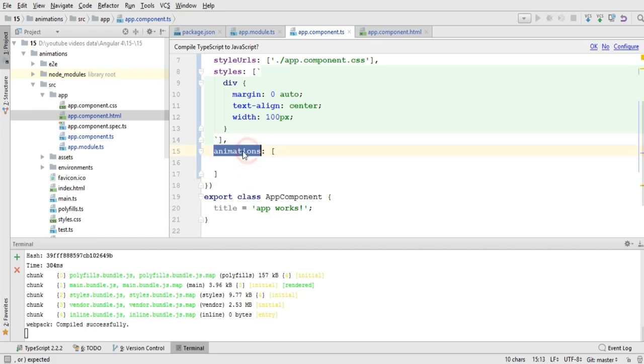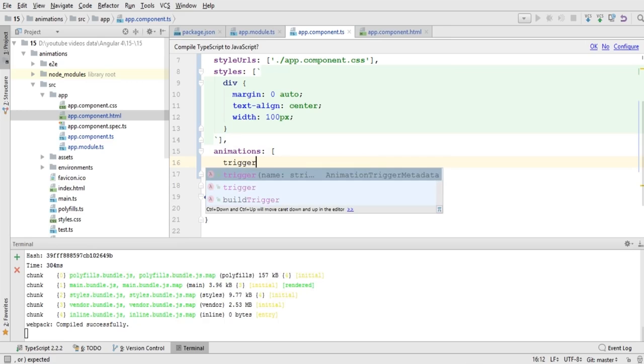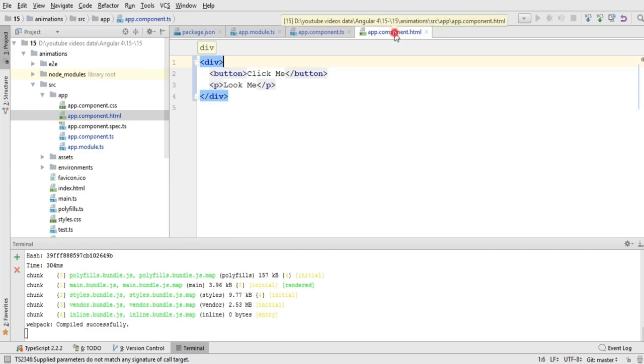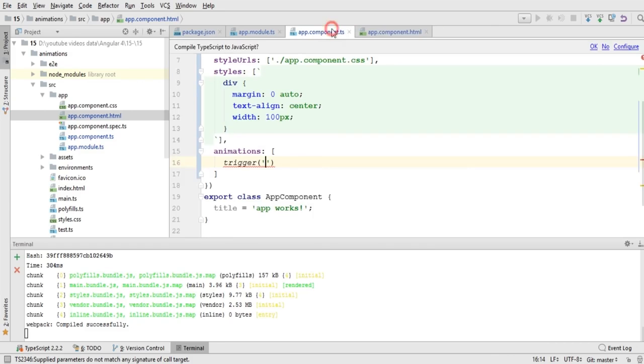Okay, so make sure you write the same spelling, and inside it I'm going to write trigger and the name of my trigger. The name should be meaningful because this will be used for applying this trigger on this button element or any other input element. Okay, so I will write my animation,